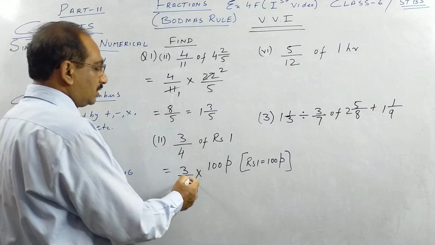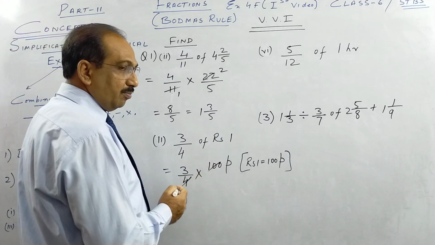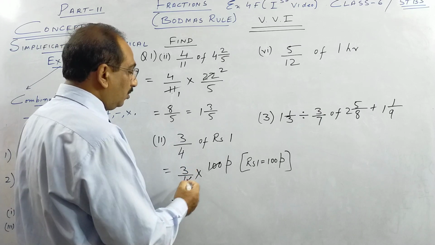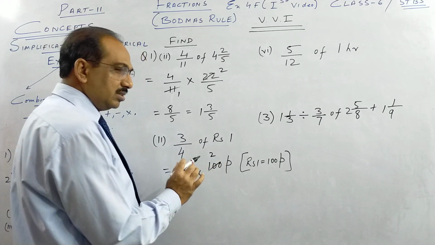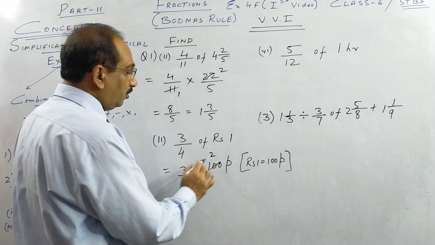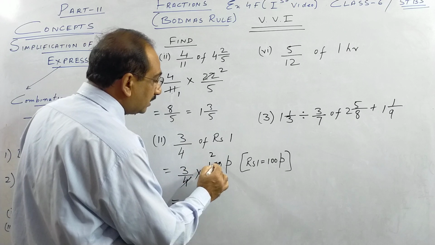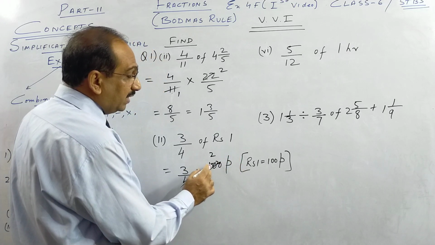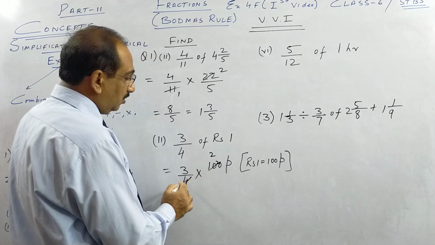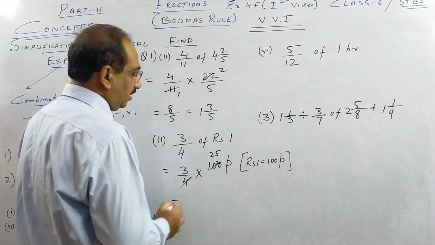So 4, if you see, if you divide 100 by 4, 4 2s are 8. Try to learn, this is a little hard. Please see, 4 2s are 8, 2 will remain. No, 10 is there, so 10 minus 8 is 2. Imagine a small 2 here, so that 2 makes it 20. So 4 5s are 20.